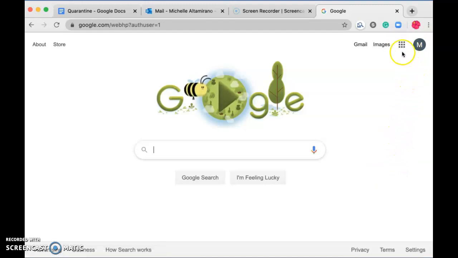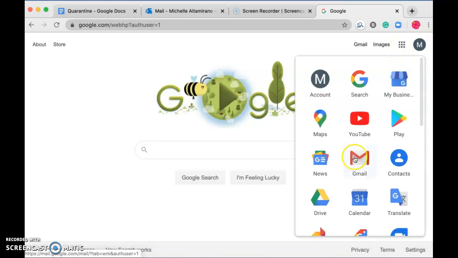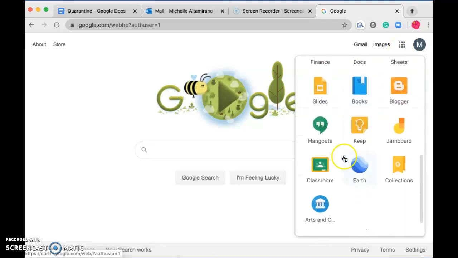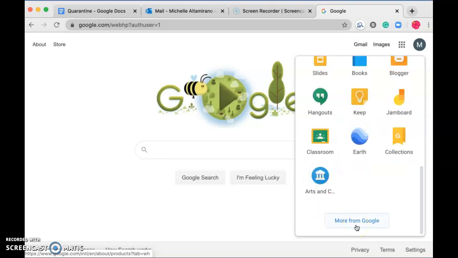I'm going to click on my waffle right here. This is where your apps are at. And then I'm going to scroll until I see this icon, Classroom. If you don't see it, continue to scroll. You can click on More from Google and then find this icon. When you get there,